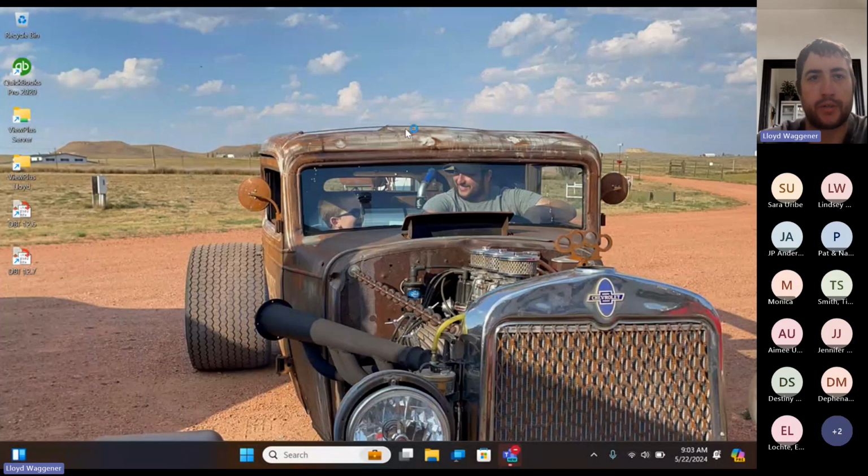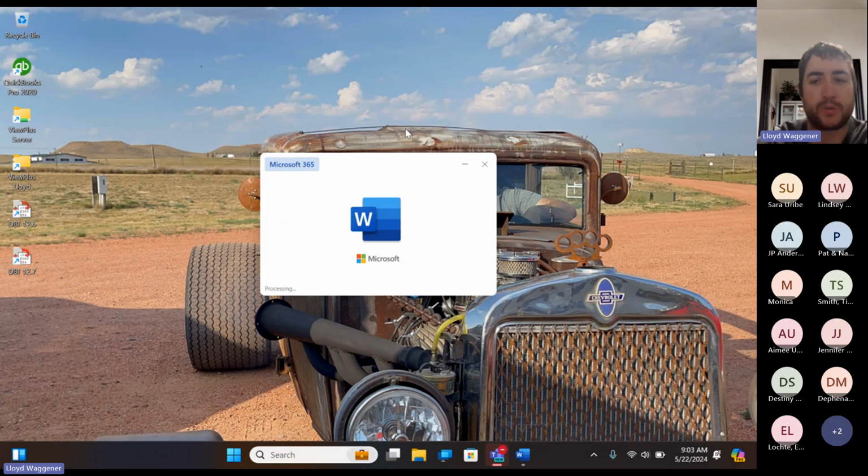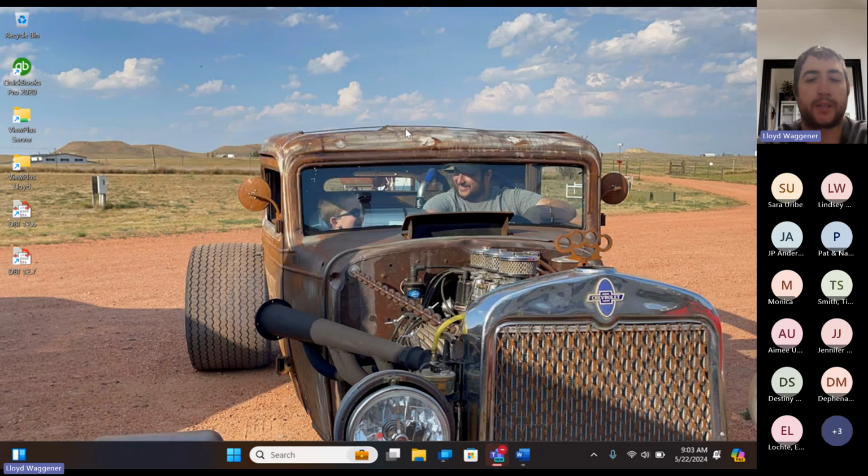I am going to share my screen. And first things first, we're just going to dive into Microsoft Word. Word tends to be the one where most people get started with TSS. I really like Word just because it's a pretty standard program. Most people know how to use Word. And the great thing about TSS is it's got,